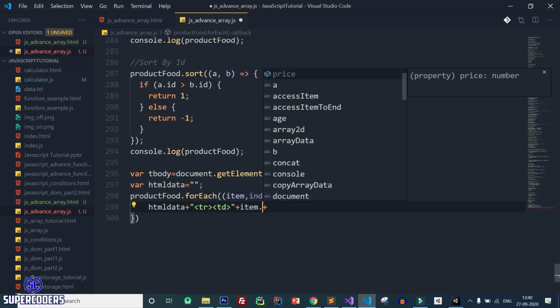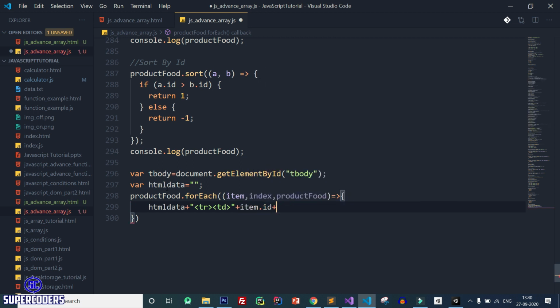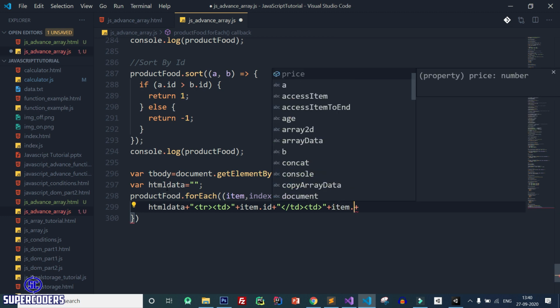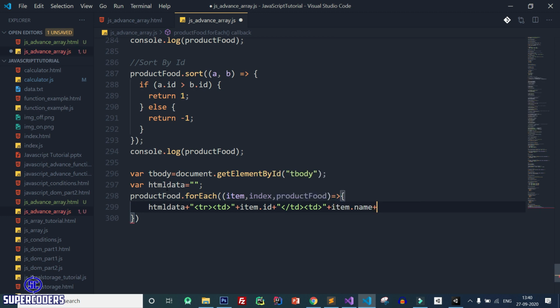So item dot id, again close this td, then here item dot name, again close this td and open new td plus plus, again close this td and also close this tr.